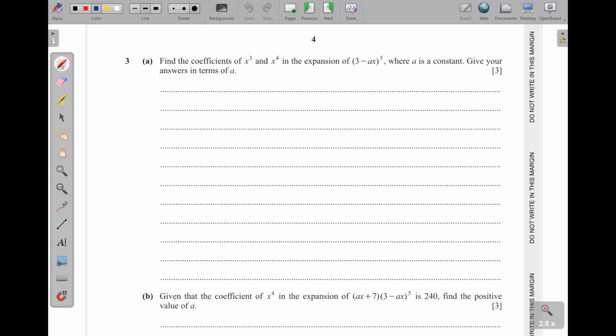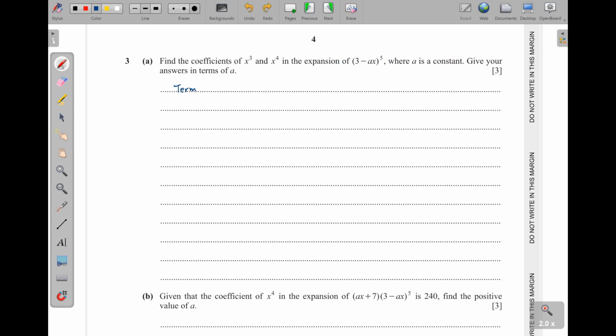Question 3 is coming from binomial expansions. Find the coefficients of x cubed and x to the power 4 in the expansion of (3 minus ax) to the power of 5, where a is a constant. Give your answers in terms of a. Okay, so using the binomial expansion, I'm not going to expand everything here because that one contains 6